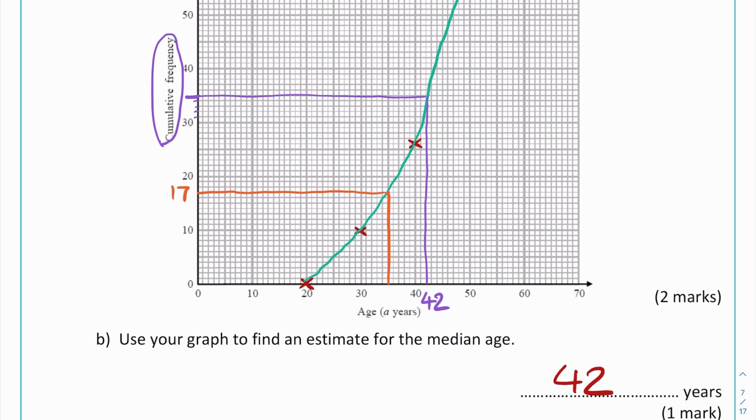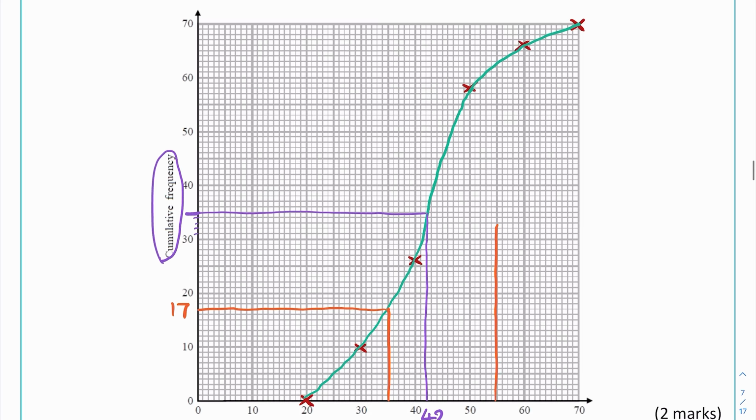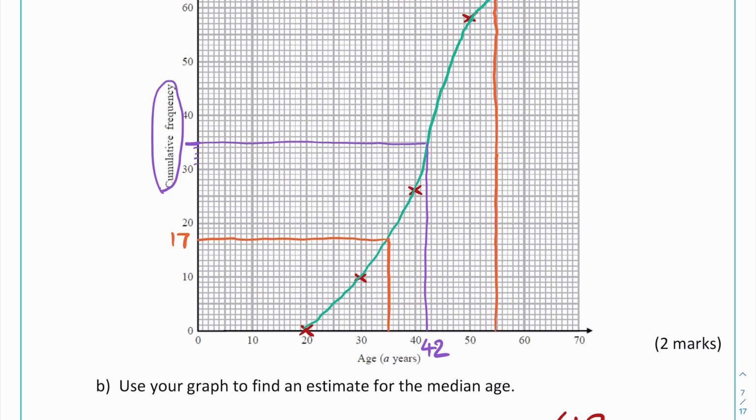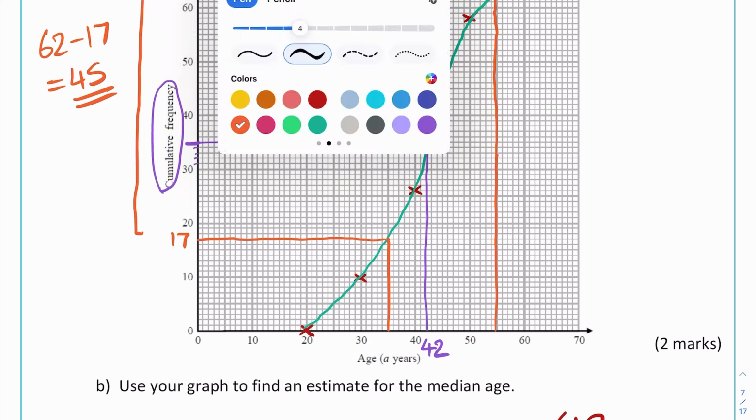If we go to 55 and go up to the graph, that's quite a way up, we're going to need to scroll up a bit. So all the way up to 55 there, and then across, that's just in between two boxes, but I'm going to do it as best I can. There we go. So let's just say that that's 62. So looking at that then, how many people are between this little section here? Well, we can work that out, 62 take away 17. Now, I'm not going to even try and do that, I'm just going to do 62 take away 17 on my calculator, and that is 45 people. So there are 45 people that are between